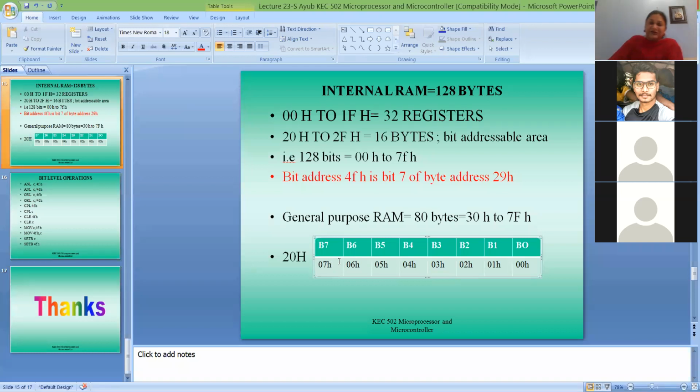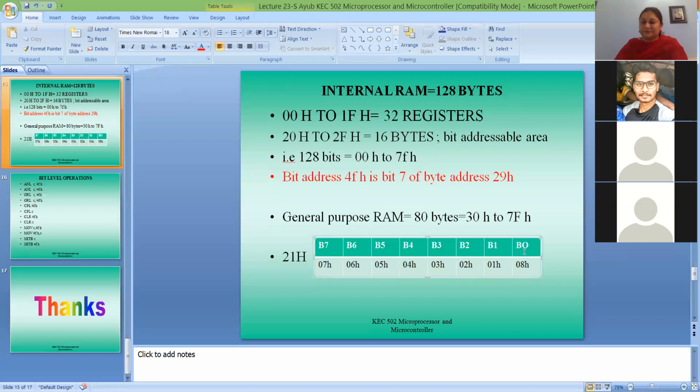That means each bit of the 20 hex memory location will have an address starting from 00. So this particular byte will have bit addresses from 00 to 07. Then the next memory location, suppose this is 21, will start after 07 from 08.